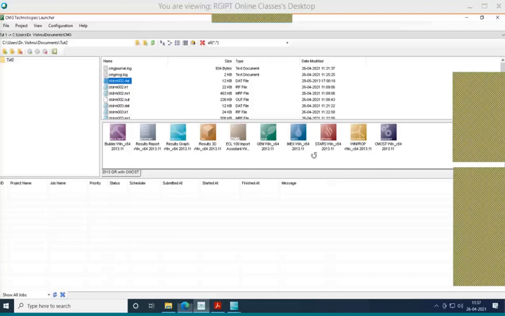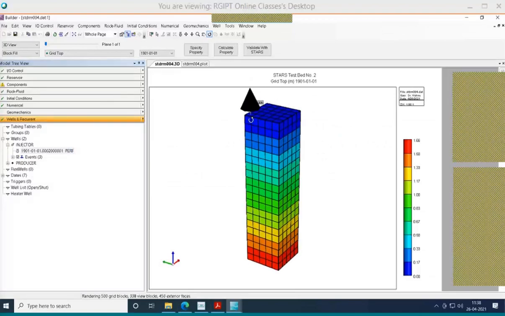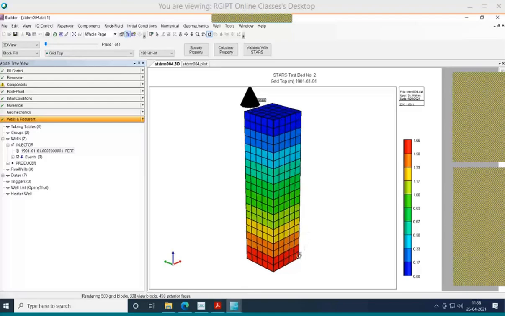In a real case it is not going to happen like this. Most probably if you are injecting from here, we are going to select a corner point to produce, at the bottommost cell. Let us see how we can do that.